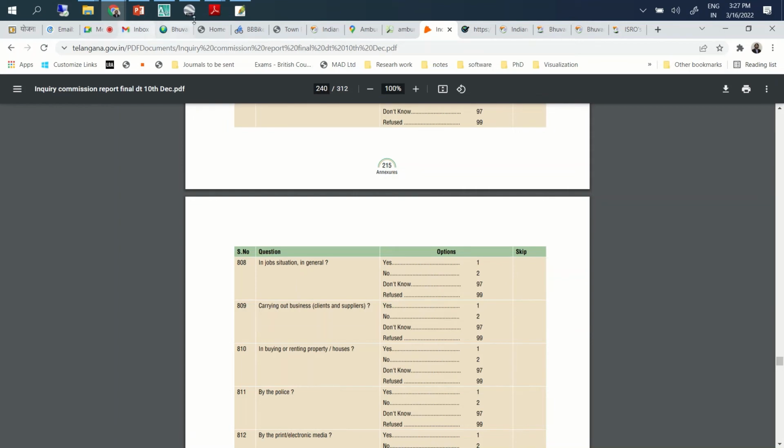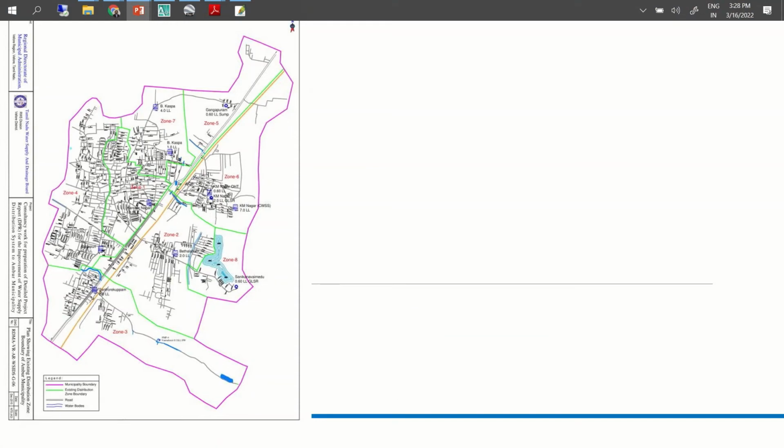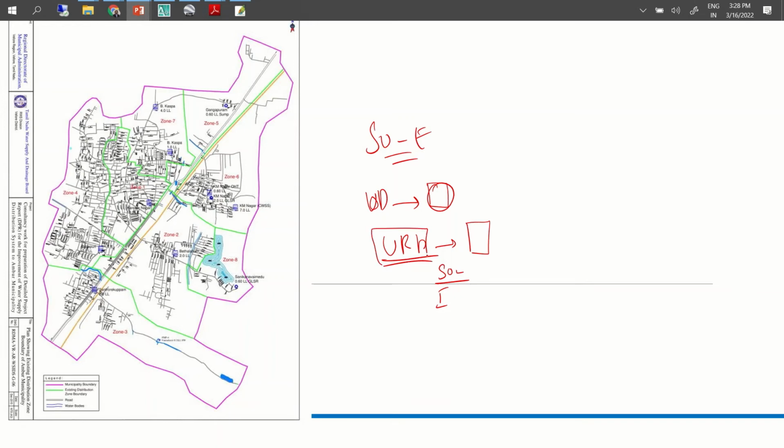One last thing. I also said you will be doing a socioeconomic survey, right? I said it will depend on the kind of objective that you write for the urban design. I also said your DPFI guideline talks about how to conduct surveys, socioeconomic survey or infrastructure survey or any survey. There is an explicit discussion on how to conduct it.